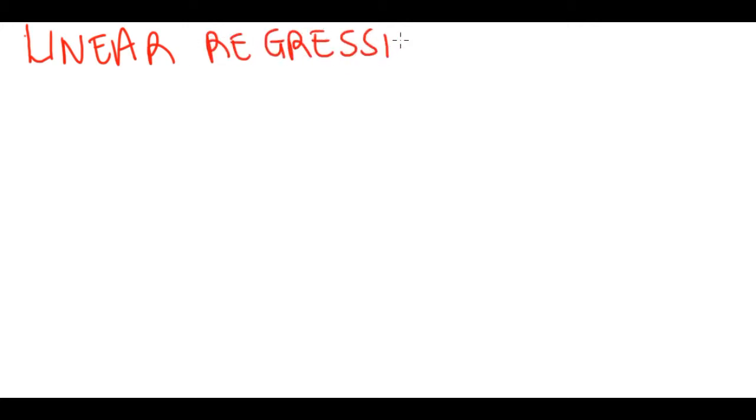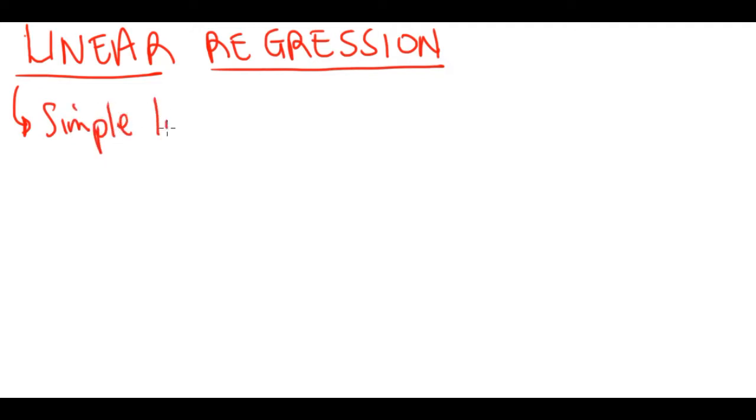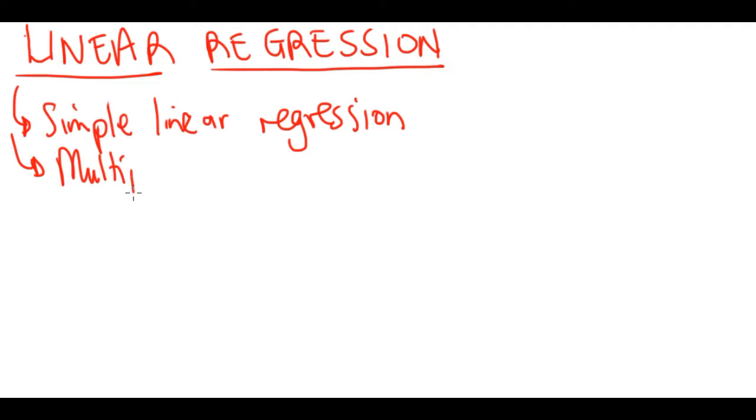Alright, welcome to chapter number 2 of this Introduction to Machine Learning course. In this chapter, we are going to discuss linear regression. This chapter is going to be divided into two main sections. So it's going to be a discussion of simple linear regression, and the second part will be a discussion of multiple linear regression,